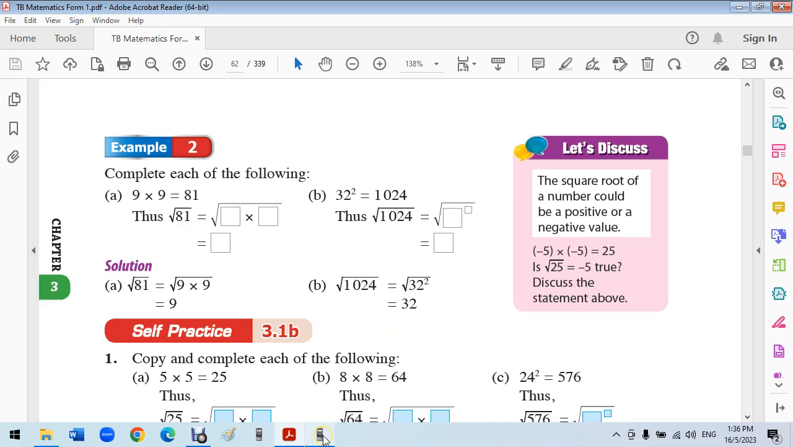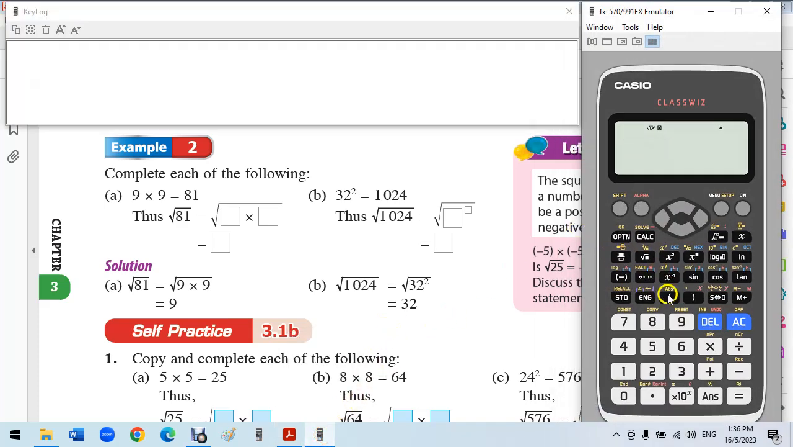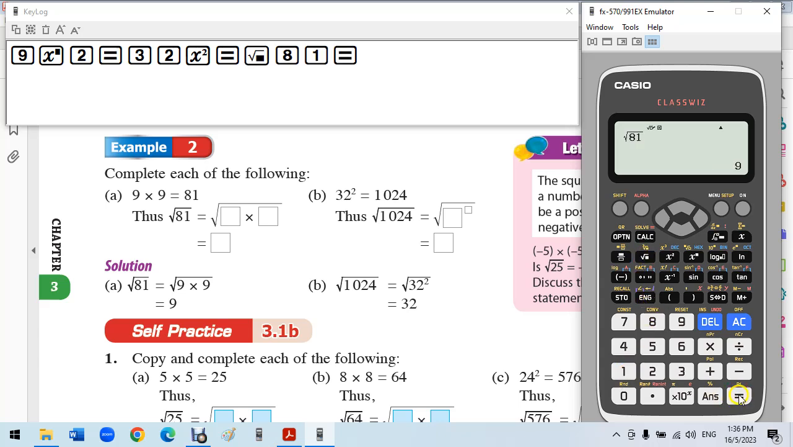Square and cube and square root. So 9 square, okay, 81, and then 32 square, 1024. Square root of 81 is 9, and square root of 1024 is 32. Okay,